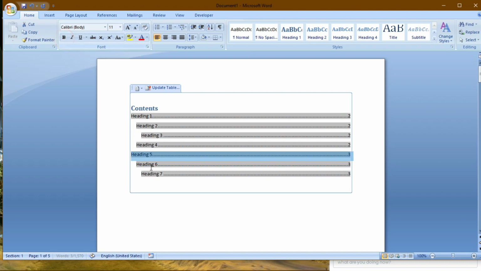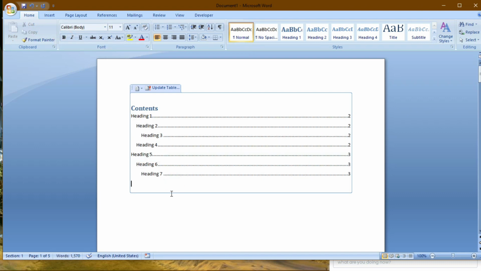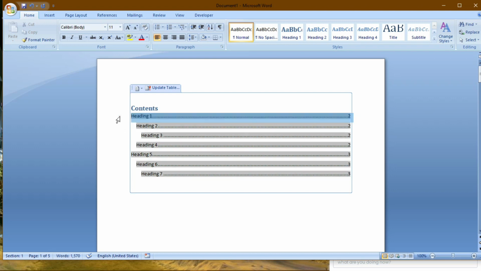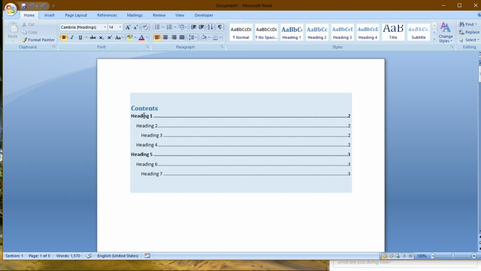This is your heading, table of content. Now say you want your first headings to be in bold, so just select the first one, and heading 5 is also in the same category, heading 1. So do bold. When you click bold the first time, the selected heading does not get bold, the rest get bold. And when you click a second time, then that heading gets bold as well. You can change bold, italic, font structure, font name, everything from here. This way you can do modification and formatting in a table of content.